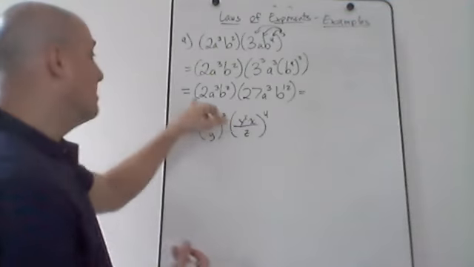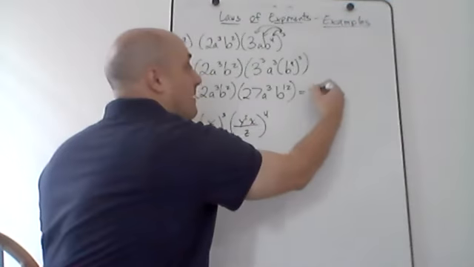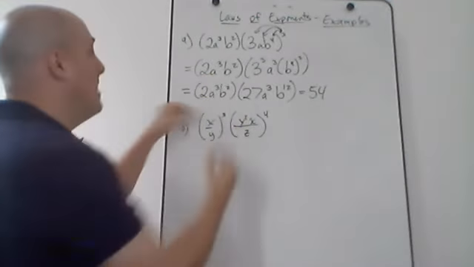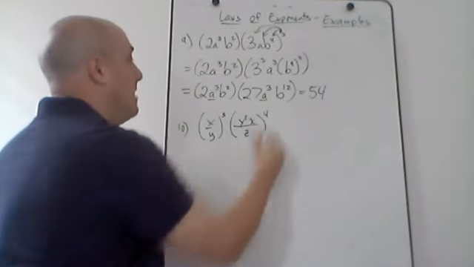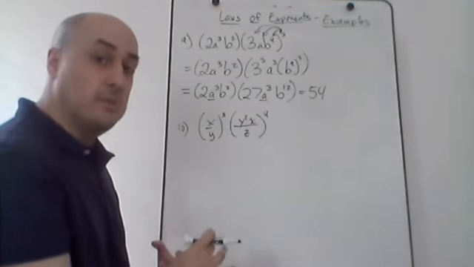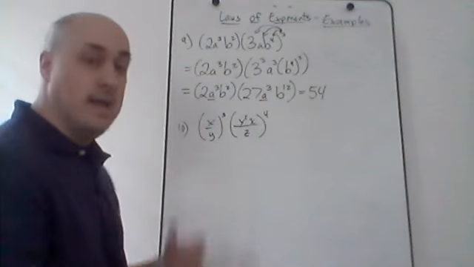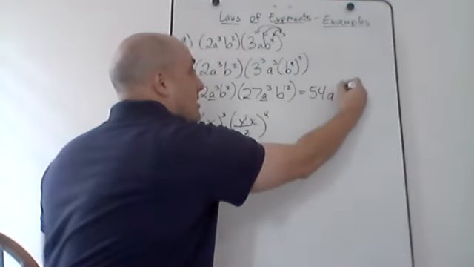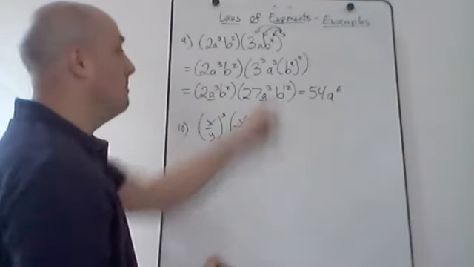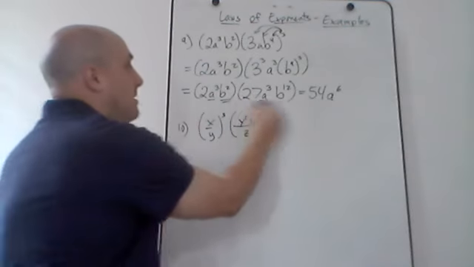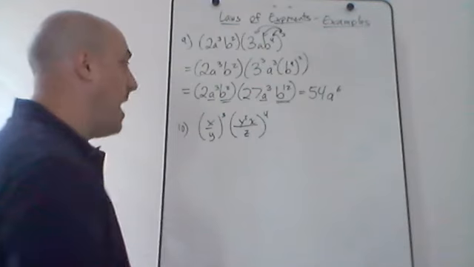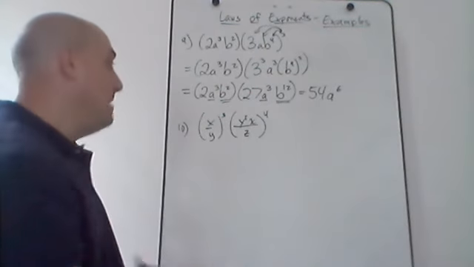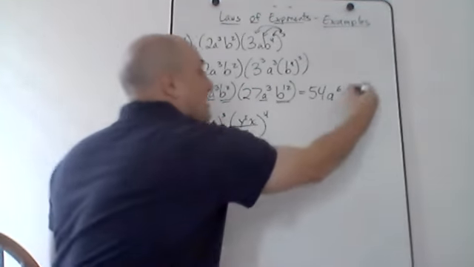So I multiply the numbers. 2 times 27 is 54. I multiply the a's. A to the third times a to the third. When I multiply two things with the same base, the law of exponents says I add those exponents. So a to the third times a to the third is a to the 6th power. I add the 3 plus 3. And then I have b to the 2nd power times b to the 12th power. Once again, multiplying, so I add the exponents. 2 plus 12 is going to give me b to the